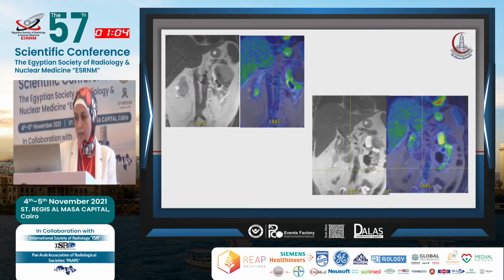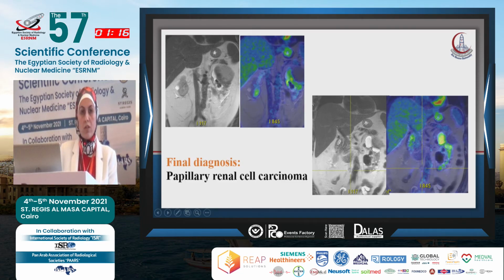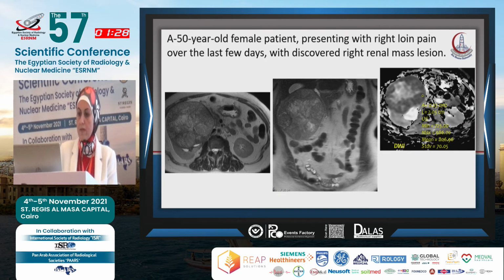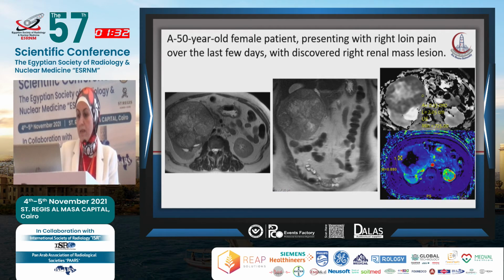We can see that there is a discrepancy between uptake. But what about these lymph nodes? They appear to be completely negative on PET, and this confirmed that these are not metastatic lymph nodes. And on surgical evaluation of these lymph nodes and the mass, it was proved to be papillary renal cell carcinoma with negative nodal metastasis. Another example for a more suspicious renal mass, this is a heterogeneous huge mass, and this